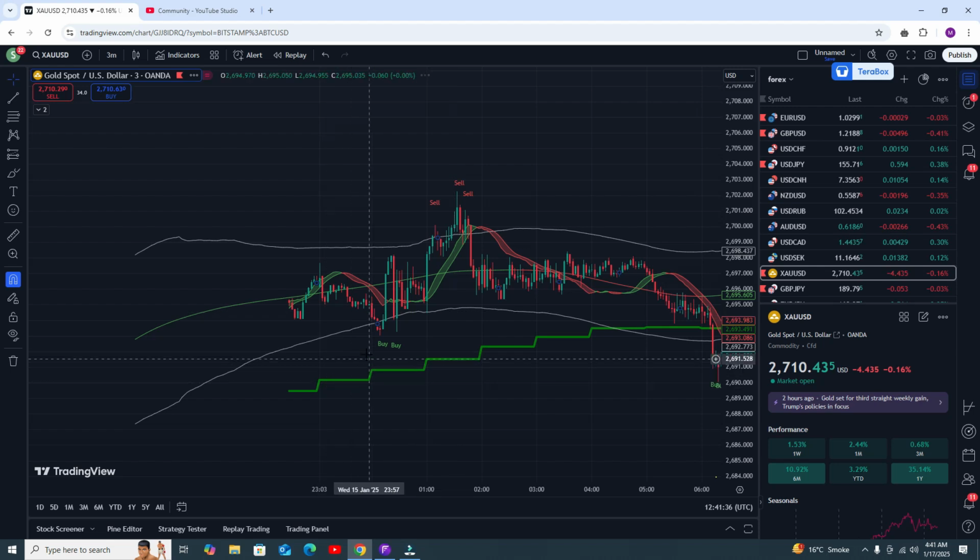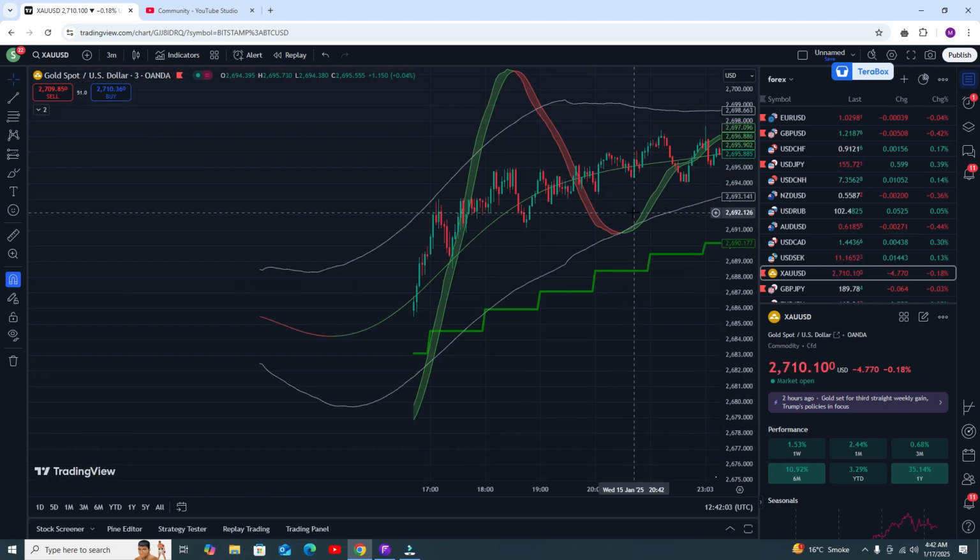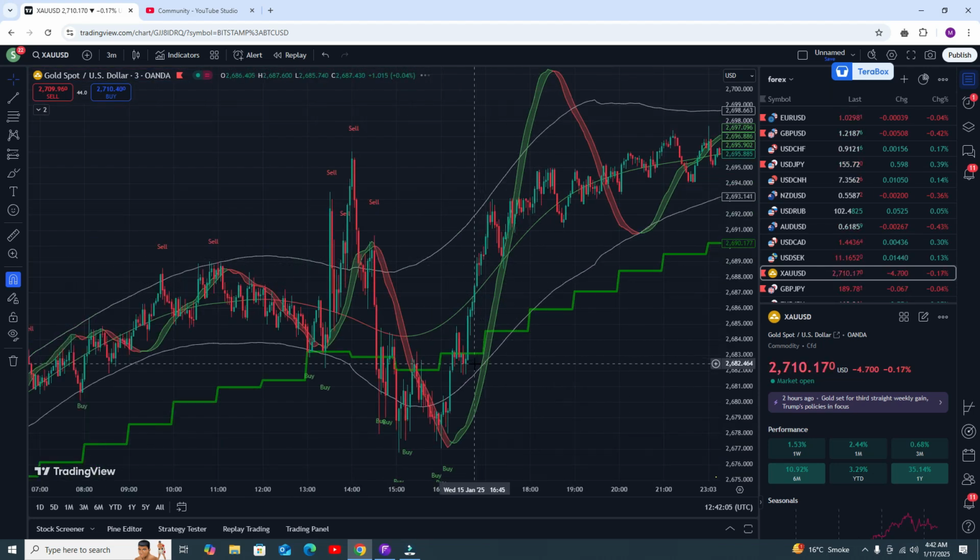Here you go, another buy signal, and you can go for the buy trade and book it. But there is one thing missing: the RSI is not touching the lower band line. So this is not a confirmed signal, but you can go for the buy trade if you need. But I will recommend only confirmed signals. Let me show you some more examples here.